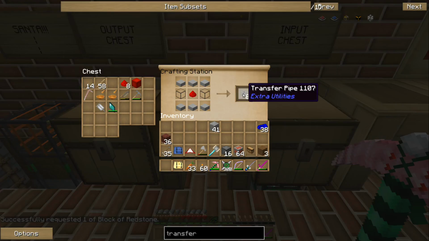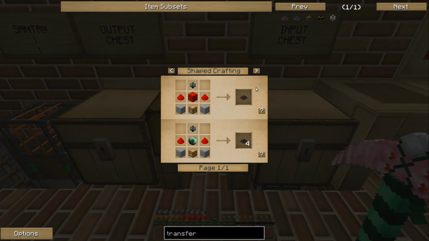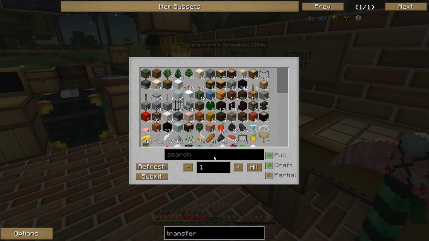There we go. Now we have 8 transfer pipe. And we use that to make... Actually, we might need another batch of it since we're only getting 8. The mods we were playing with recently, we were trying some 189 mods, and you get a whole 64 of them with that crafting recipe, so...